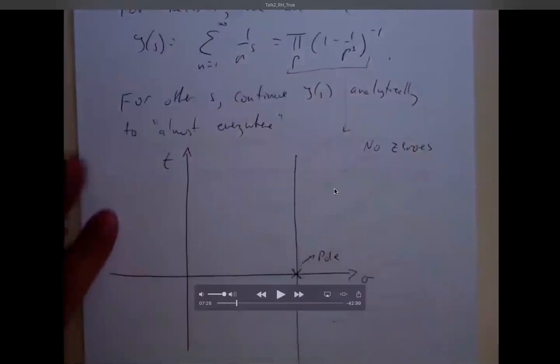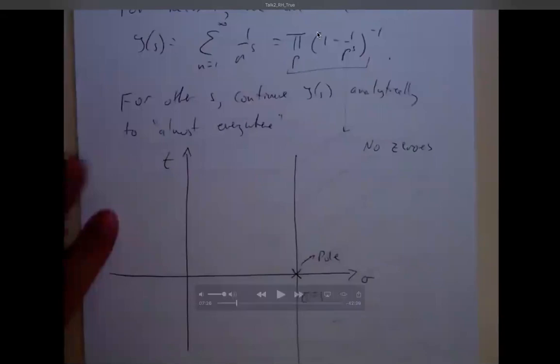Let's pause that. I've said this product here says no zeros. Now, what do I mean by that? Well, if I give you a product of 10 things and none of those things is 0, then the product can't be 0. And you might say, that's great. We weren't all born yesterday. This is an infinite product. You have to be careful. Yeah, you do have to be careful about convergence.